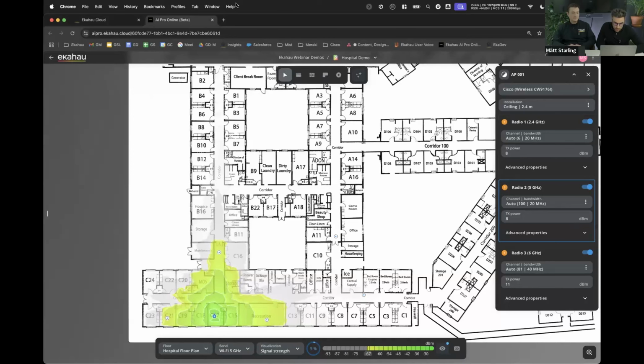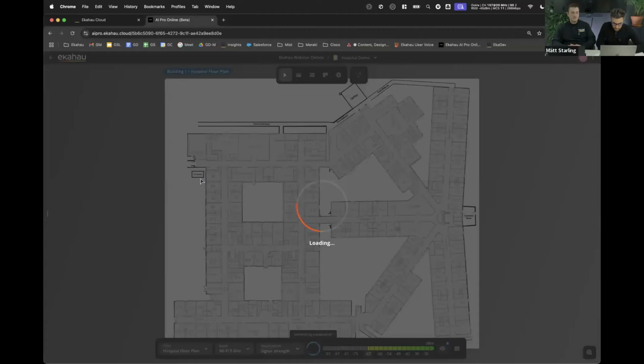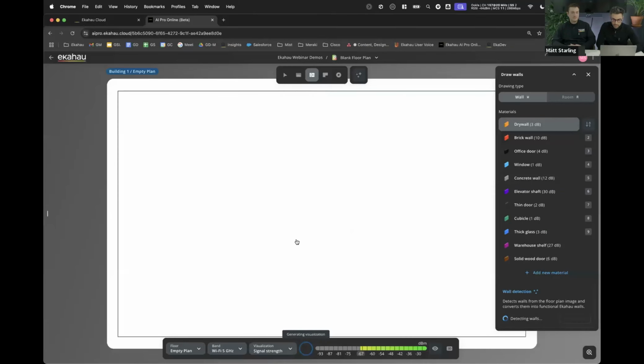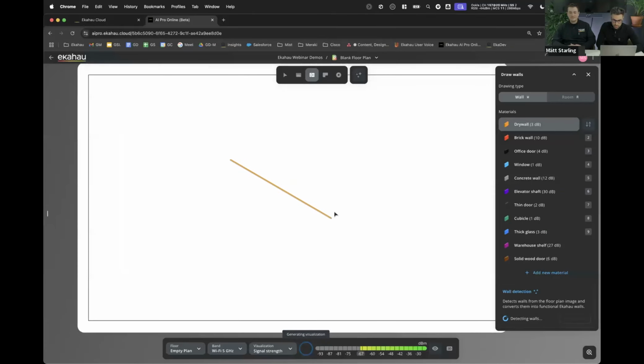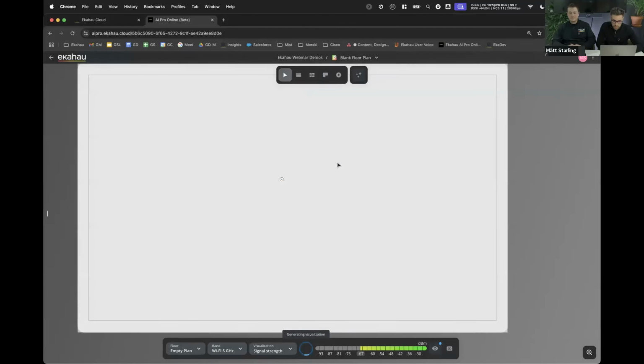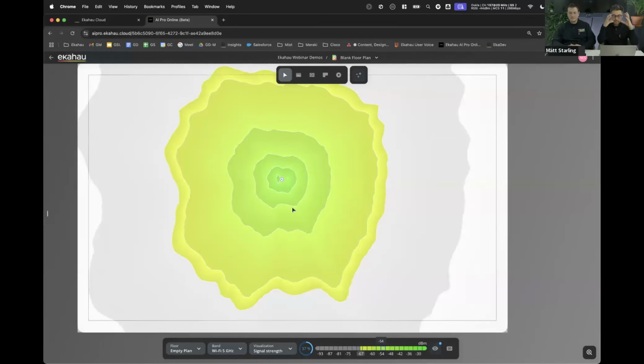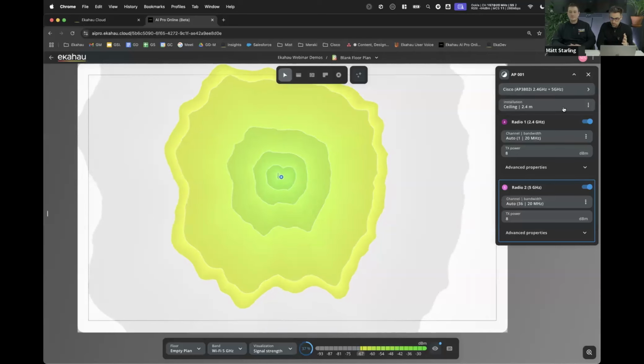I'm going to do a couple of quick demos. So I want to just jump to a blank floor plan actually. So I've just got a blank floor plan here, and I've scaled it and I've just placed an access point so we can see the heat map visualization from the access point. So this is the coverage coming from the access point, and this is currently at 2.4 meters high. And I don't know about you, but I've actually seen some access points installed super high, 10, 15, sometimes even higher in different environments. So you can see here the different coverage coming from around this access point.